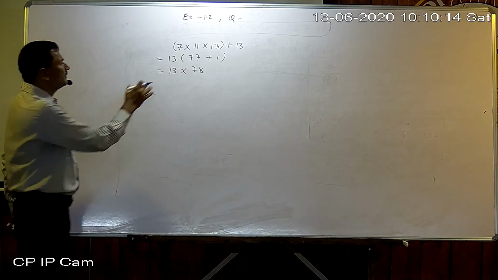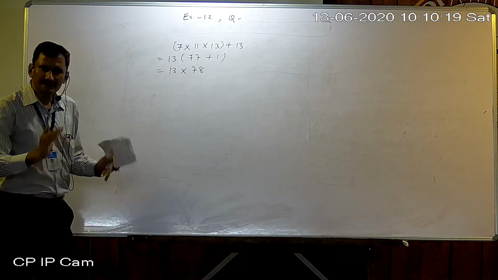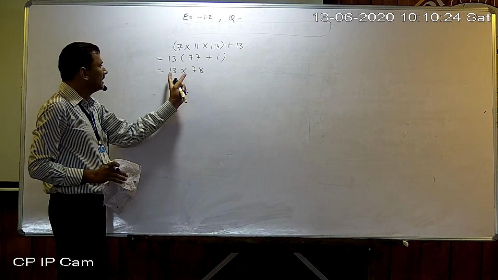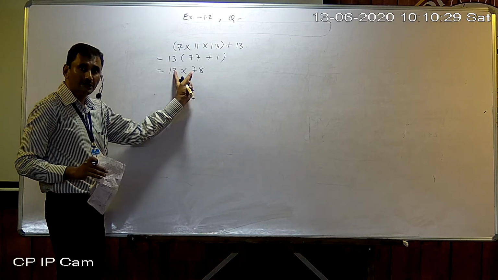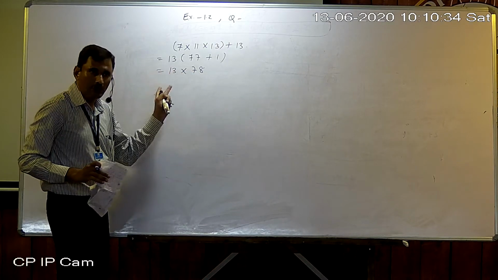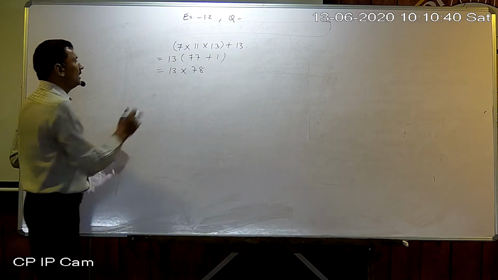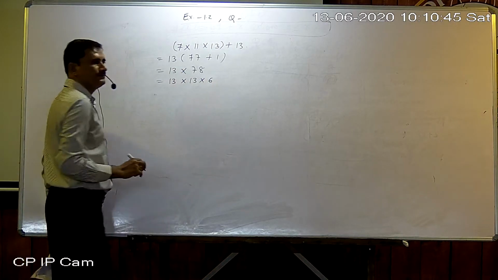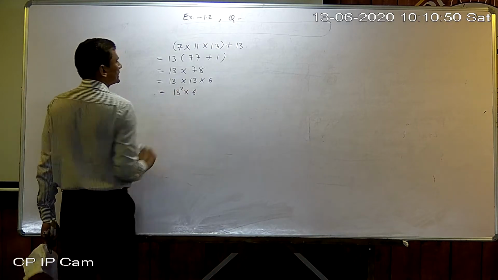Now try to get the prime factorization here. Even at this step we can say that it is a composite number, but we go up to prime factorization. Why? Because two more factors we got, apart from 1 and itself. So far we have a total of 4 factors. So we can easily say it is a composite number, but we go further. 13 6s are 78, so it is 13 square into 6.